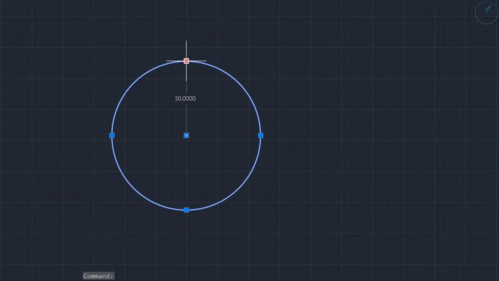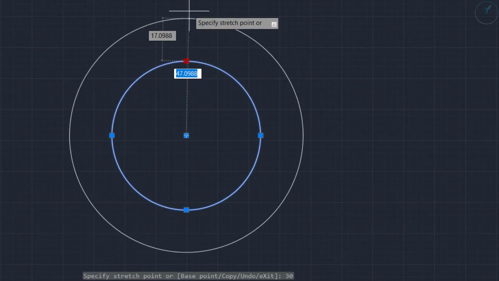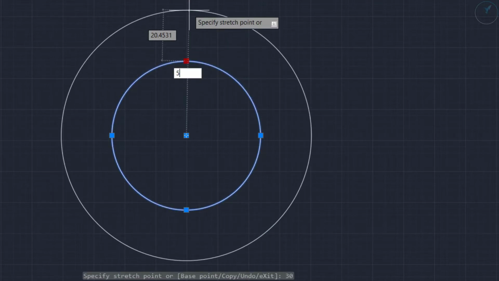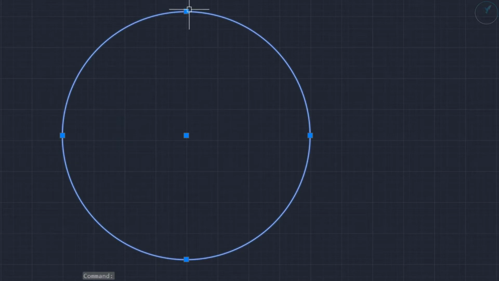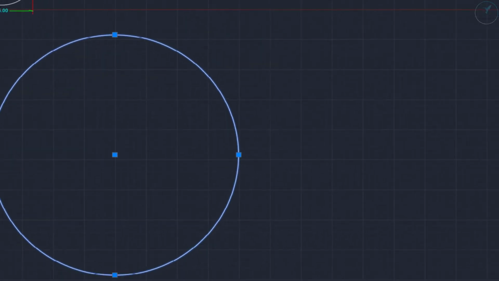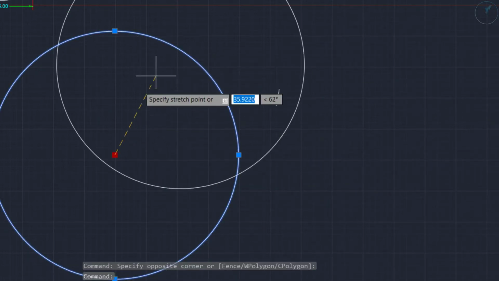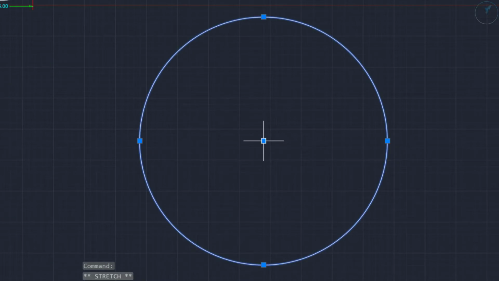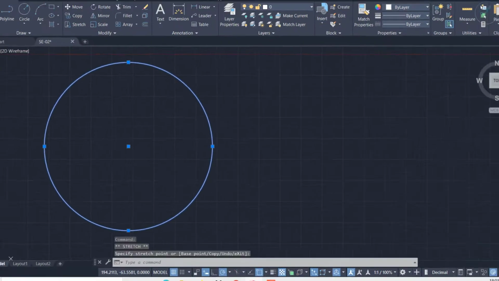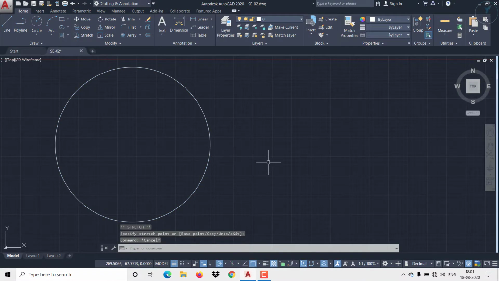If you want to increase, same thing, click on the quadrant once again. I need 50 again, click over here, and now it will increase as well. If you click on the middle grip point, it will act like a move command, and the whole circle will move to a new location. Like this way we can create a circle with a radius.